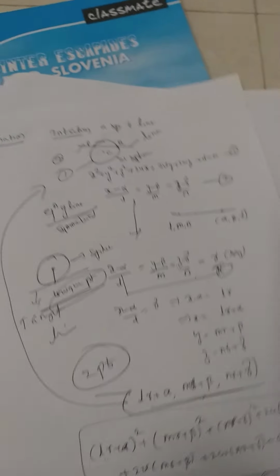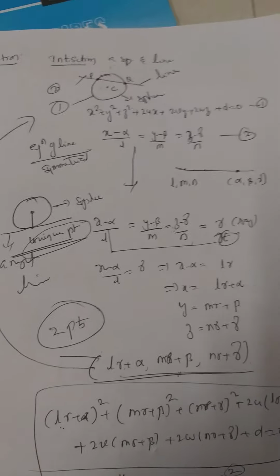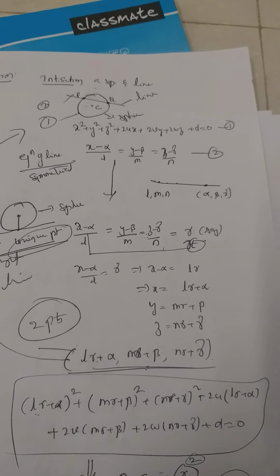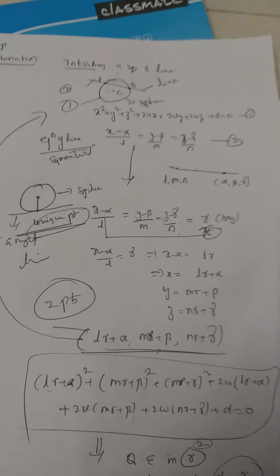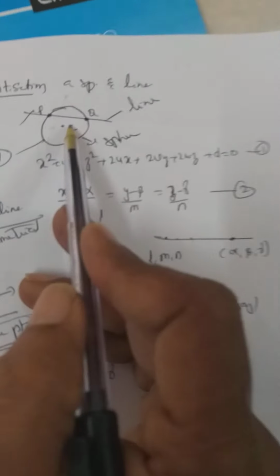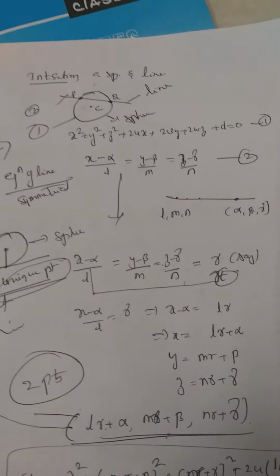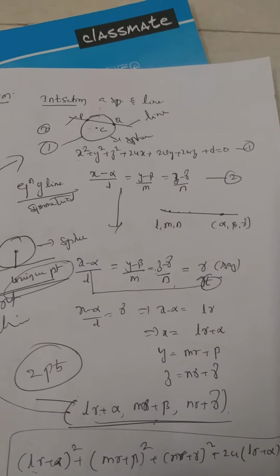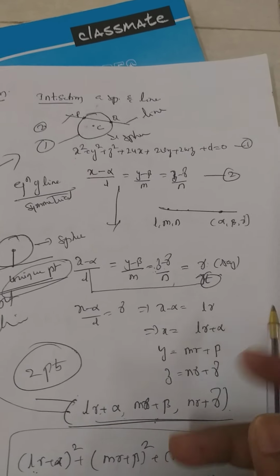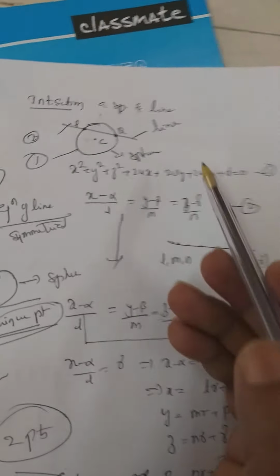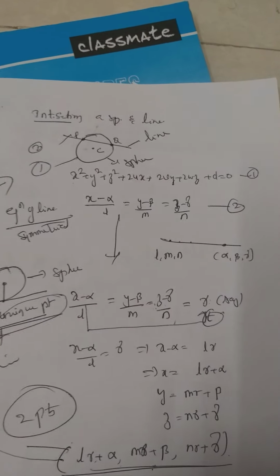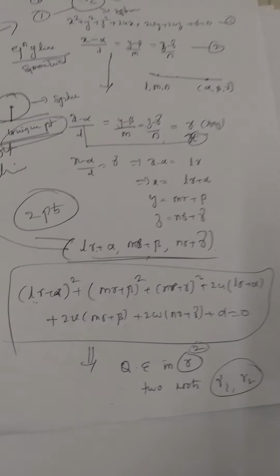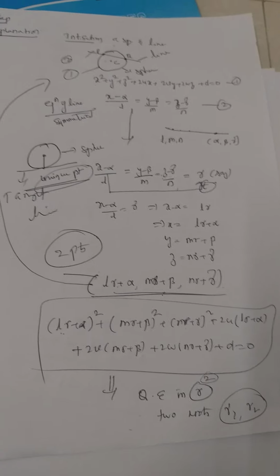Now how to find the point of intersection of the line and a sphere? We have to find the points of intersection of a line and a sphere. You may get 2 points, right? This is the diagram. In that diagram we showed, right, how to find the coordinates of those points of intersection from a given line. We have to take an arbitrary point, a random point. Now substitute that point in the given equation of the sphere. Now you will get the R values like this. Then substitute those values in the random point. You will get the points of intersection.